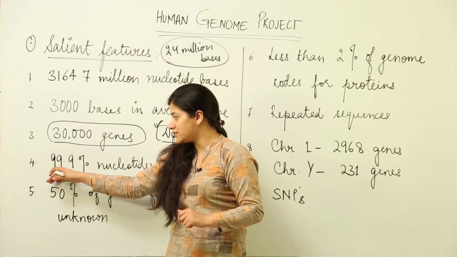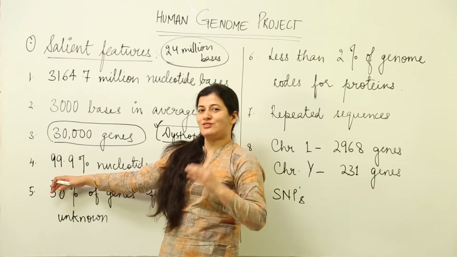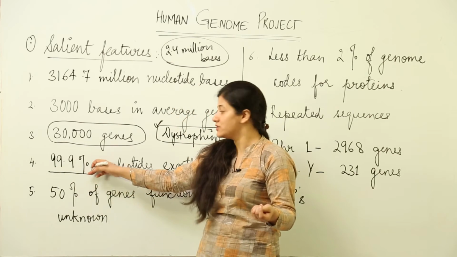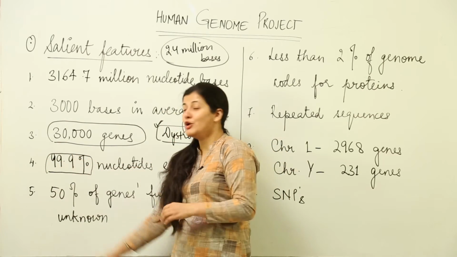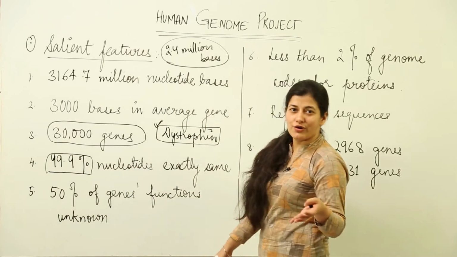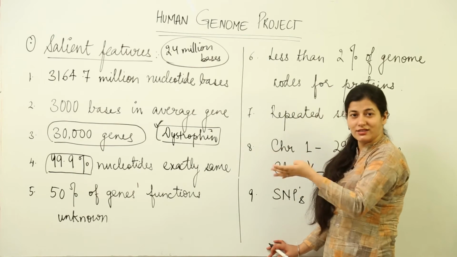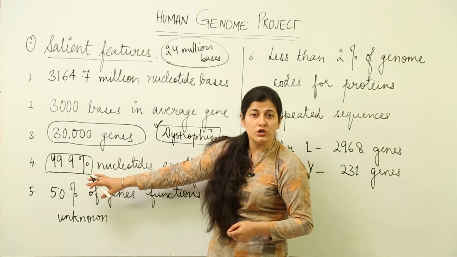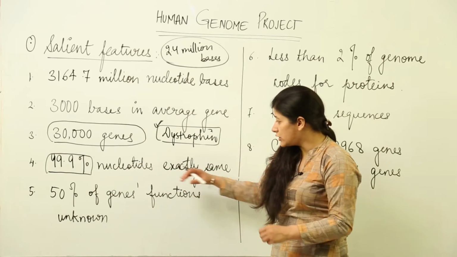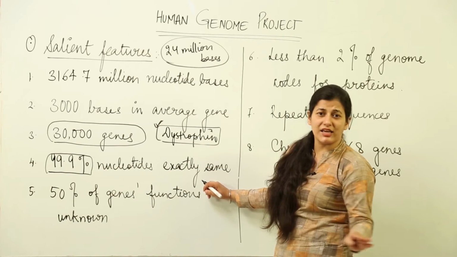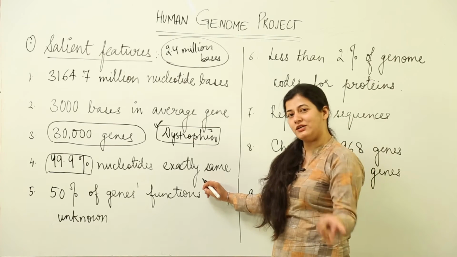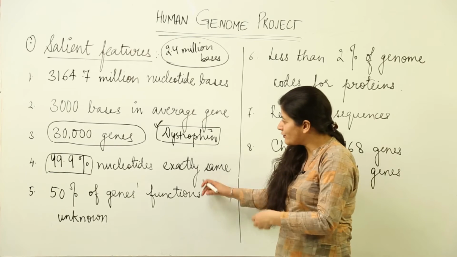Now the next point is that your genome and mine, how similar are they? It is 99.9% similar. That is quite strange. So we both have a similarity of 99.9% at the genetic level. The 99.9% of the nucleotides in all individuals are exactly the same. The 0.1% difference makes you sitting over there totally different from me standing over here